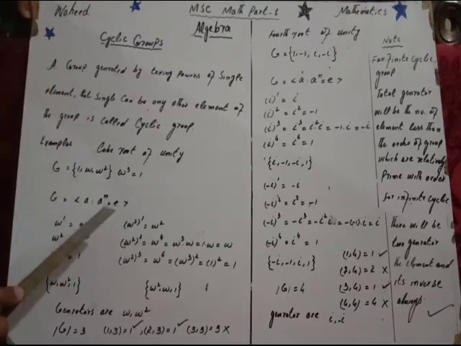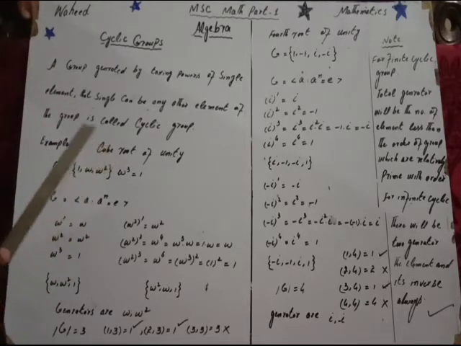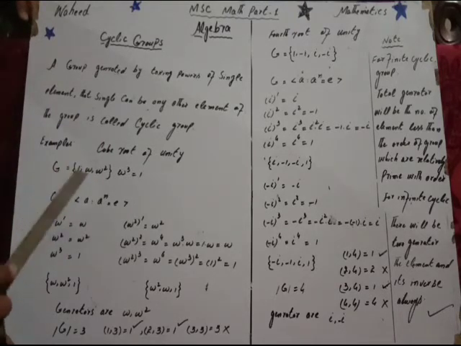So a cyclic group by definition is a group which is generated by one element, and that one element may be any element. Here we have two generators, omega and omega square. Now the question is, how many generators does a cyclic group have? For the cube root of unity, the order of the group is 3. Now 1 is relatively prime with this order, that's good. 2 is also relatively prime with this order. 3 is not relatively prime.